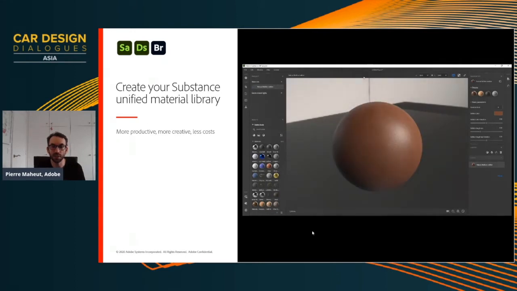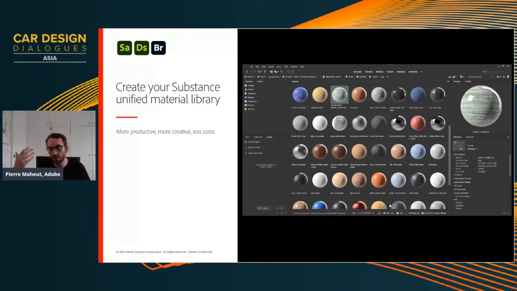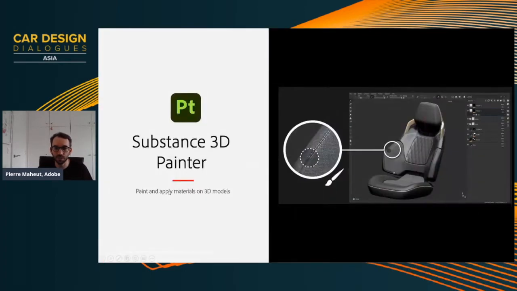And so anyone can browse a large number of Substance material assets and also directly from Bridge launch any of our tools, either Sampler or Designer. So that's definitely an exciting integration.